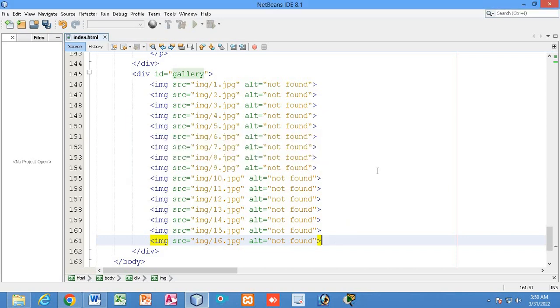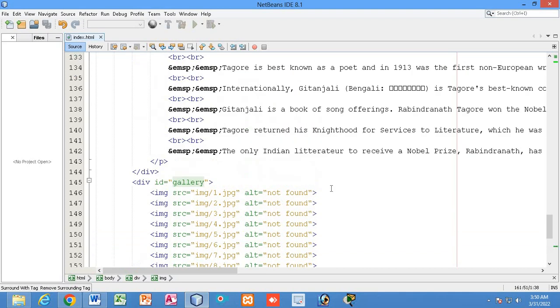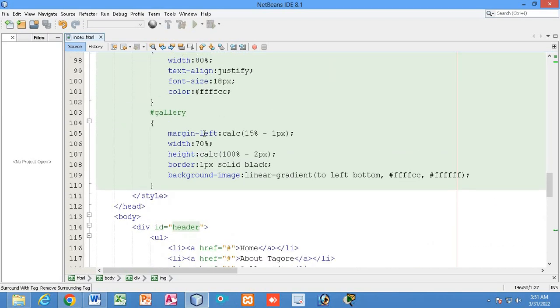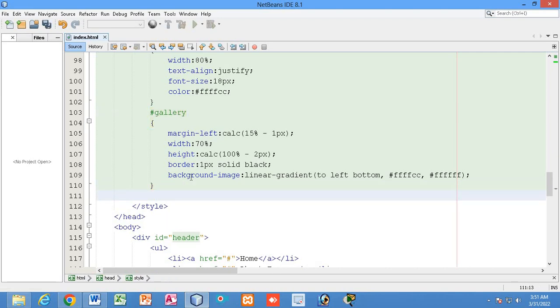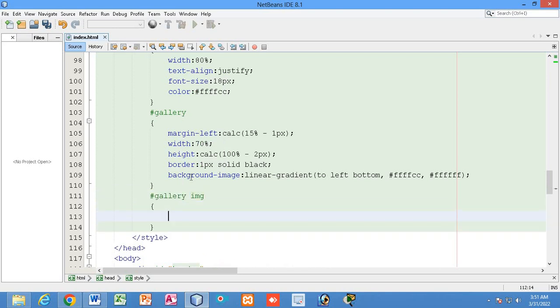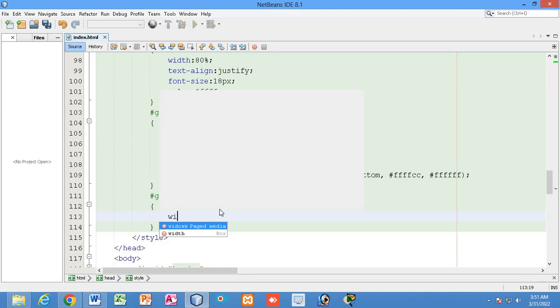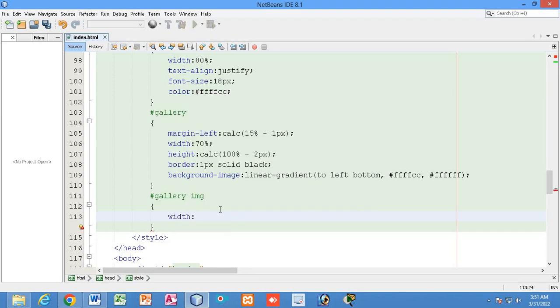All these images we have in that folder, so I just have added the location, and now I will write the width and height for the images here. Okay, so under the gallery we have the image, right? And for all the images I am going to write the width and height. So width, how much width, and how much will be the height. So if I add 4 images, then accordingly we have to add the width.